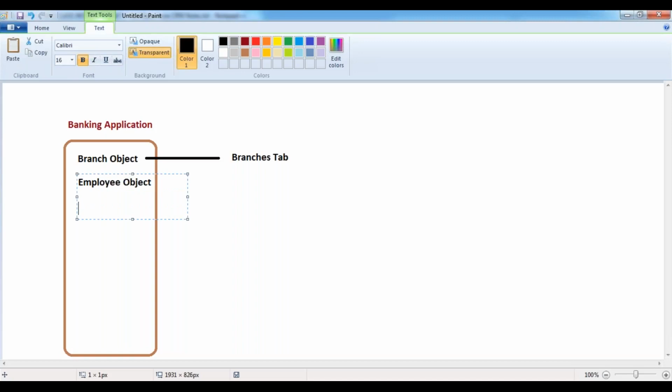Next, as part of my bank, we are providing so many types of accounts, like savings account, salary account, joint account, NRI account, corporate account, different types of accounts. To store all these account types information, we have the account type object over here, which represents all the account types information.